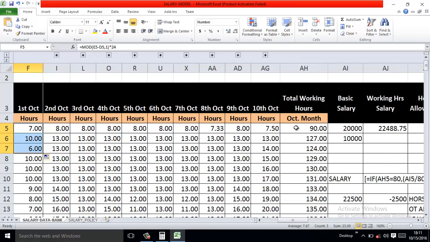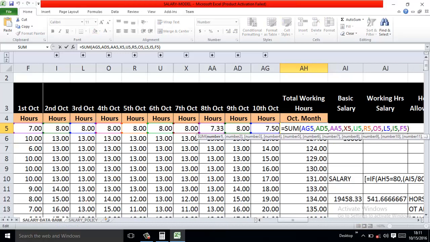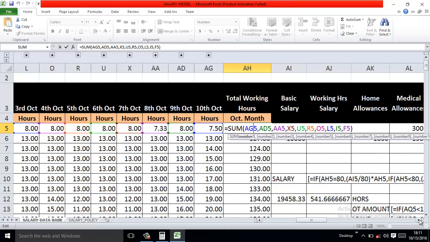Now I calculated the total working hours in the month of October for 10 days, and for example I use a formula, and that formula is very simple, you are all familiar, that's the sum formula. I'm simply applying sum and then adding all the working hours of the 10 days, which gives me the result,